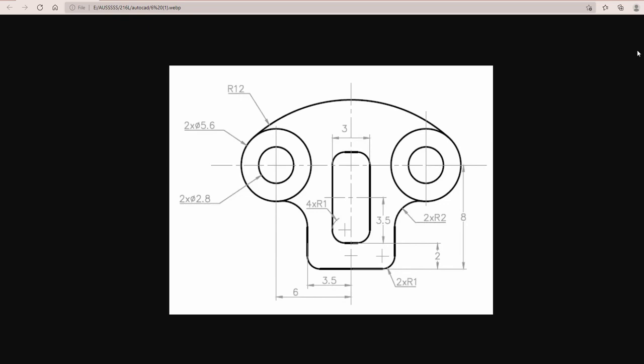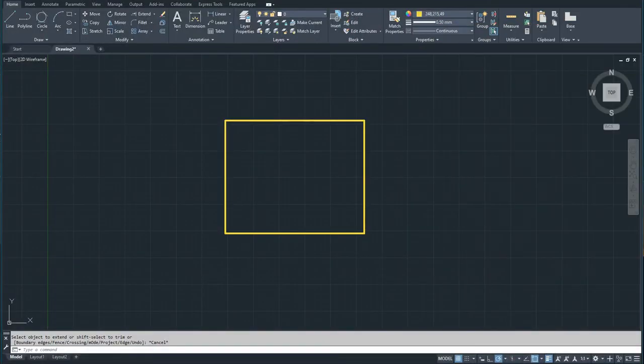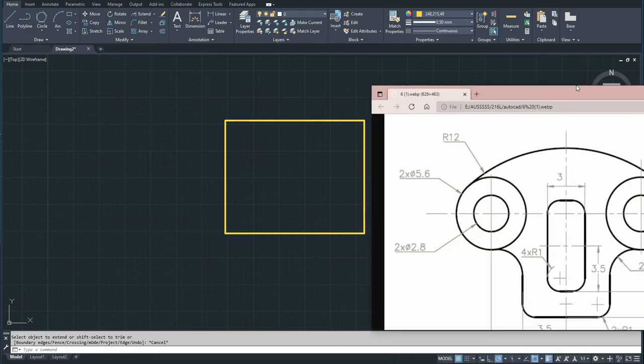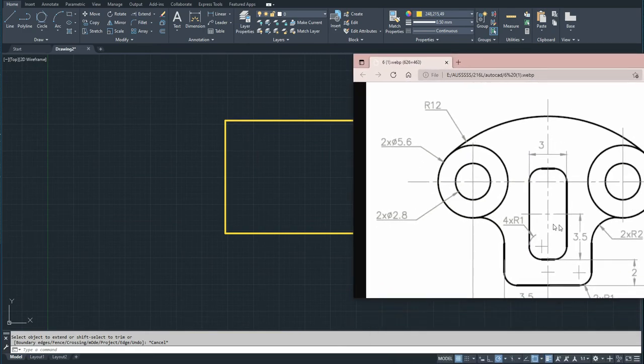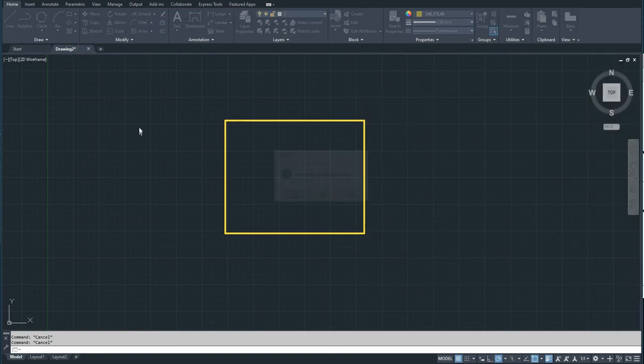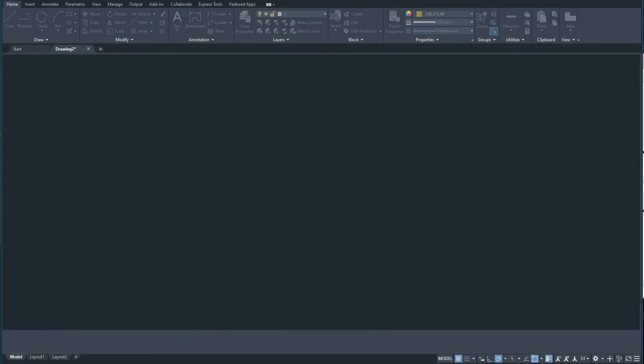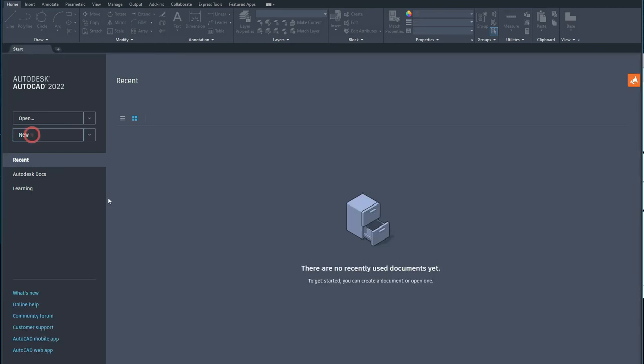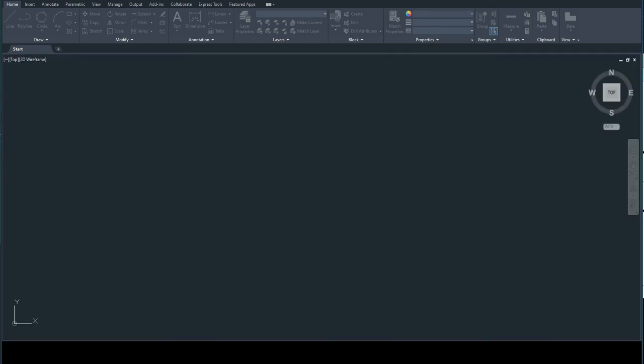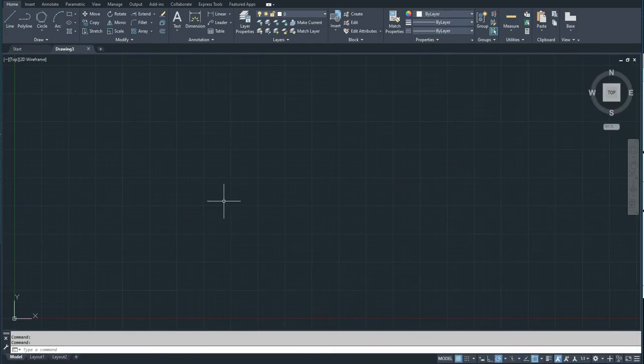I will make it smaller and start the drawing. Okay, now the first step, we have to open new file. New. Waiting the AutoCAD to open the new file. Good. Next step,